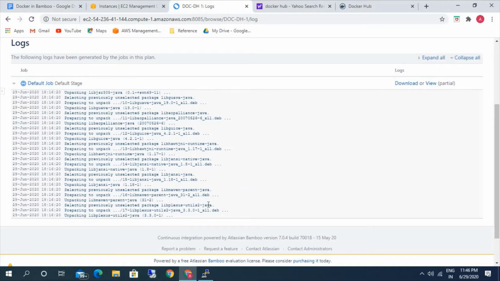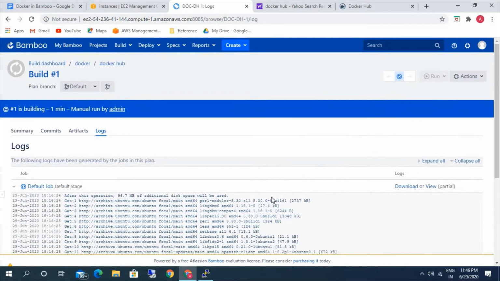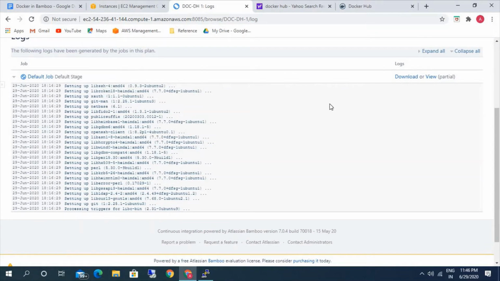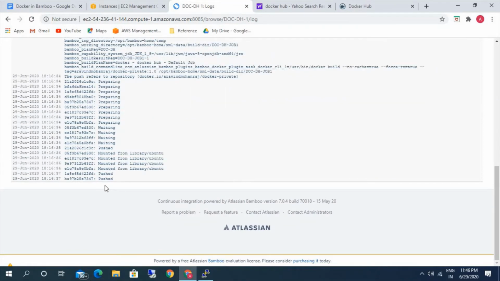Still installing. Currently it's installing Maven. It's almost completed now. Okay, the image build is completed. Now it is pushing.